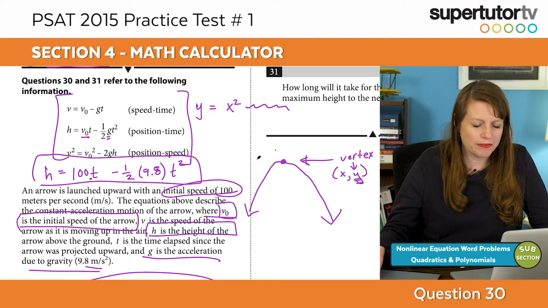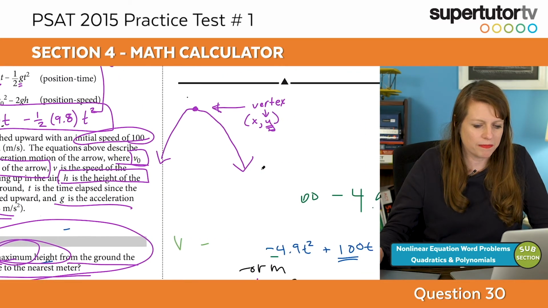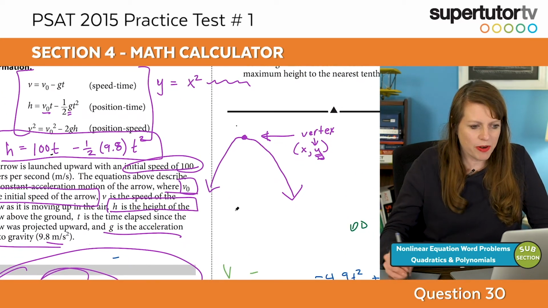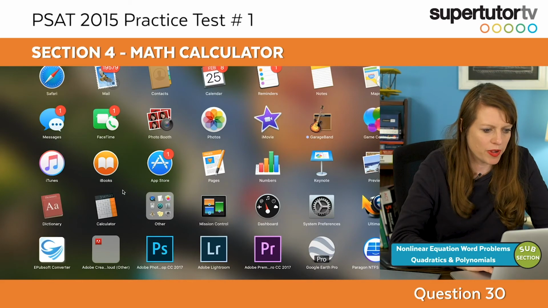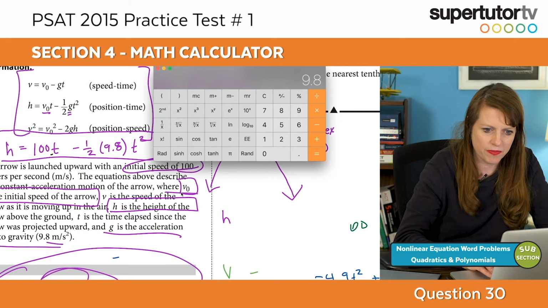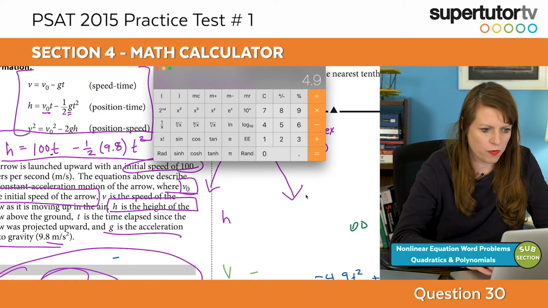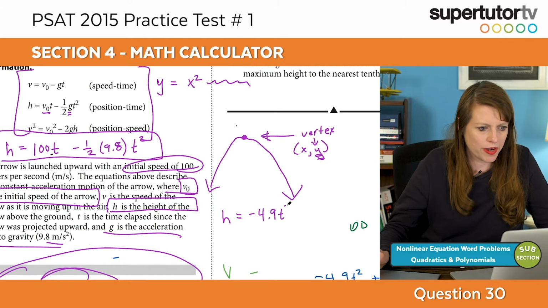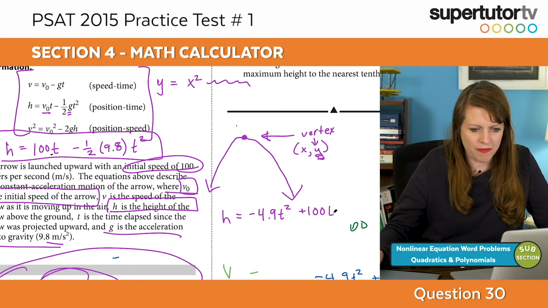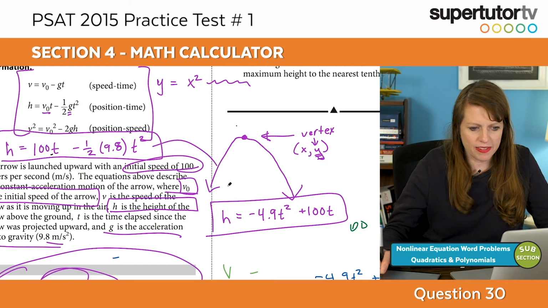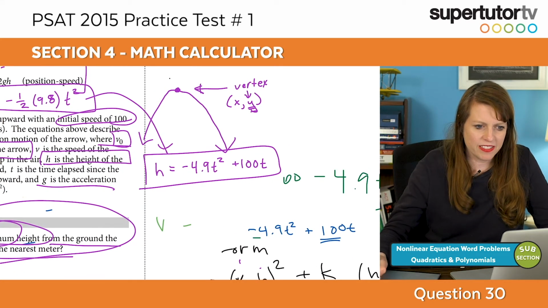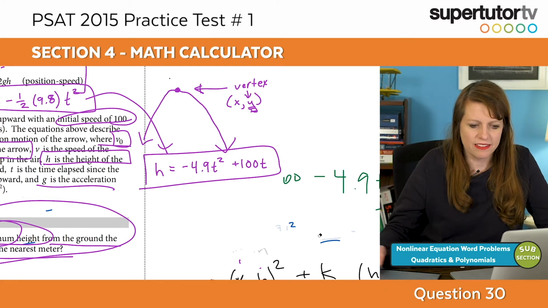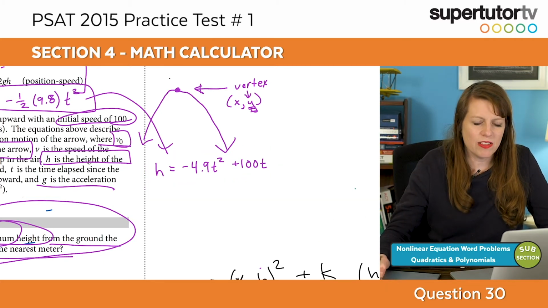Well, there's a couple of different ways to find the vertex, depending on what form we have. So I'm going to rearrange this so it looks a little bit cleaner. And I'm going to do 1/2 of 9.8 just to clean up that 9.8 so it looks a little bit nicer. Times 0.5, I'm just using a calculator, 4.9. So this is negative 4.9 t squared. So I get h equals negative 4.9 t squared plus 100t. Okay, so this is my quadratic all cleaned up. I want to find the vertex of this. The fastest way to find the vertex, when I have it in what I would call ax squared plus bx plus c form,